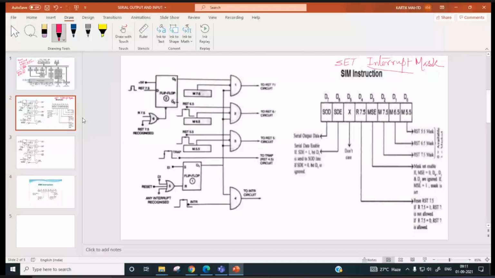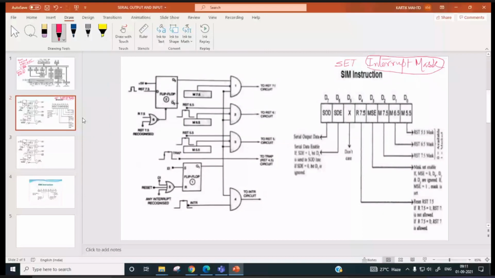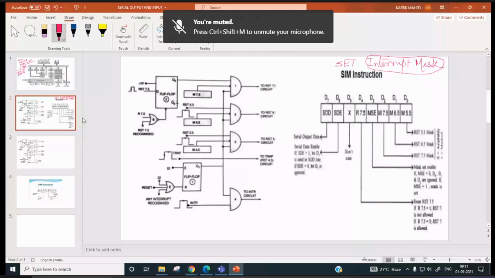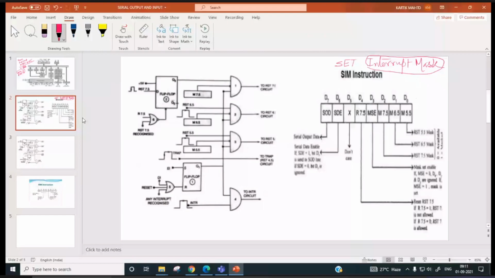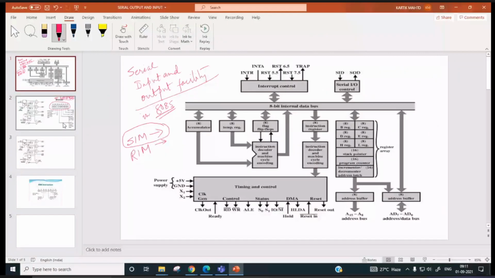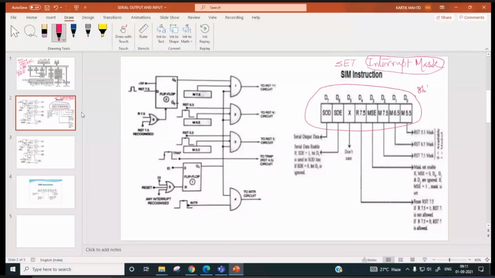Right now, you can think of an 8-bit register inside this 8085, which is not shown here, and it is going to be like this. This 8-bit register will have D0, D1, D2, D3, D4, D5, D6, D7. In this register, each bit is actually marked.